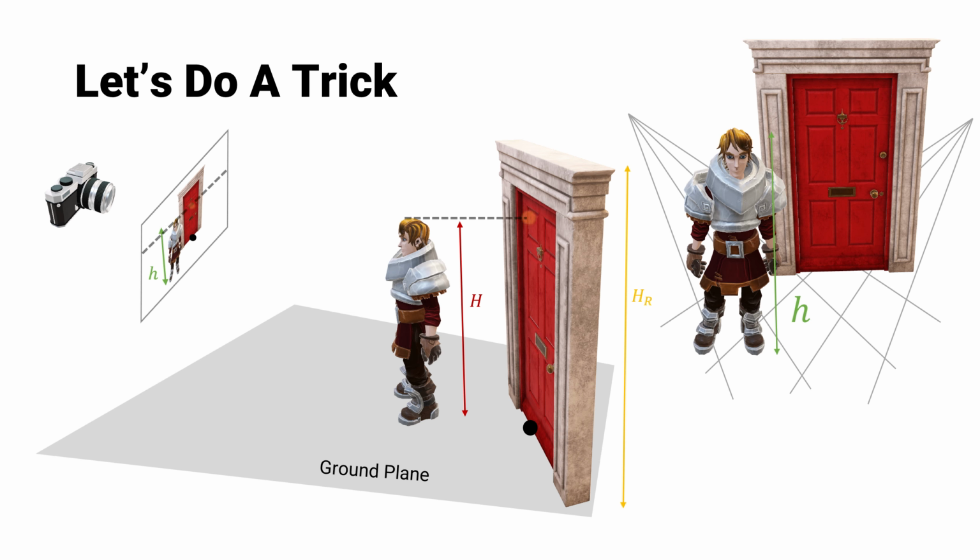What we are going to do is drop a perpendicular from the person's head onto the door to get an idea of the proportion of how much height of the door this person is, right? We'll call that capital H. Okay, great. And we also know the top of the door, which is the yellow dot, which is HR from the black to the yellow dot. Great. So because we know that the person and the door are on the same flat plane, which is the ground plane,